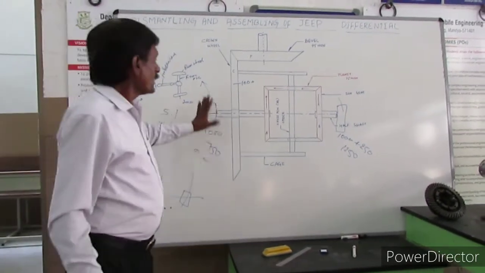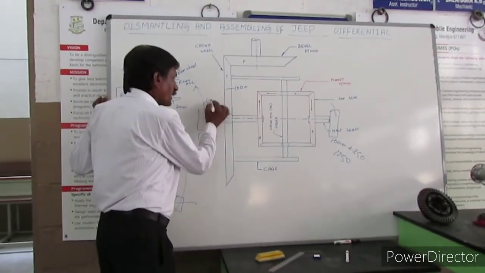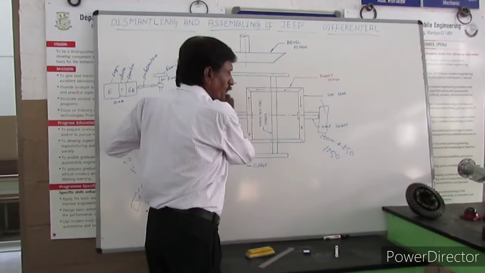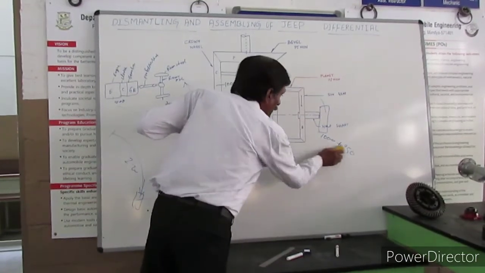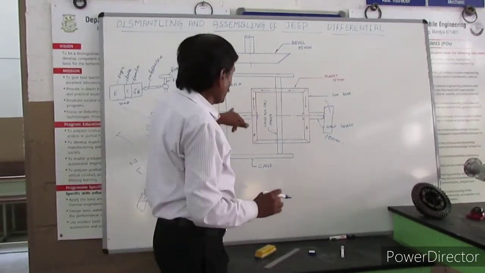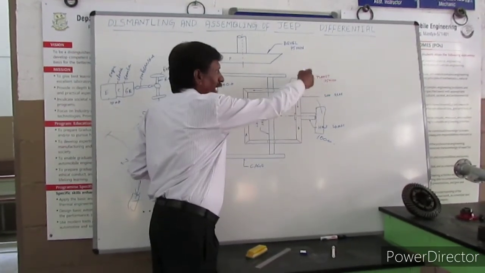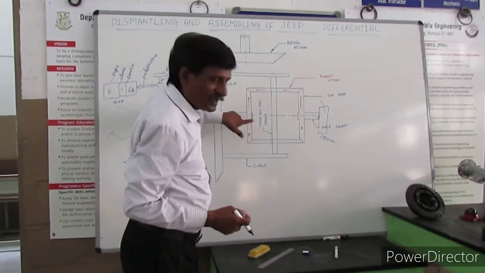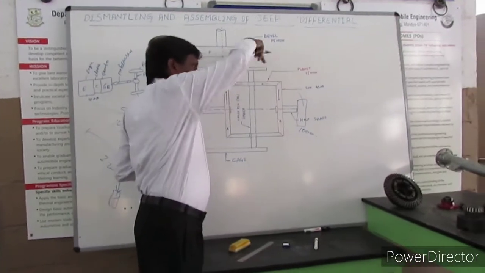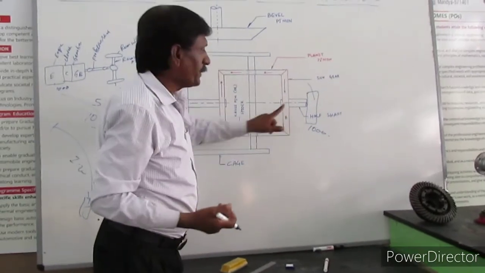For example, if you apply the brake completely to the rear inner wheel and the inner wheel speed is 0, then the outer wheel, already rotating along with the crown wheel, is running at 1000 RPM. When we apply the brake to this wheel and its speed becomes 0, this sun gear is stationary. The bevel gear or planet pinion starts to roll over this sun gear and makes the other sun gear start rotating again in the anti-clockwise action. Then it will make this run at higher speed in the same direction.